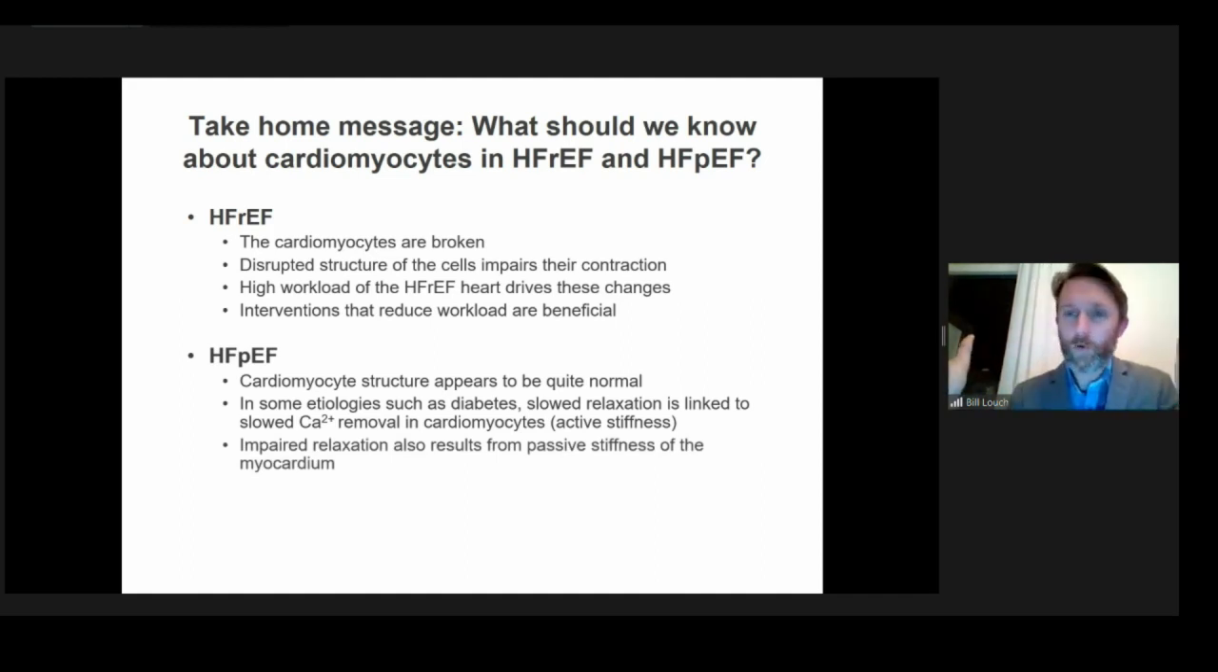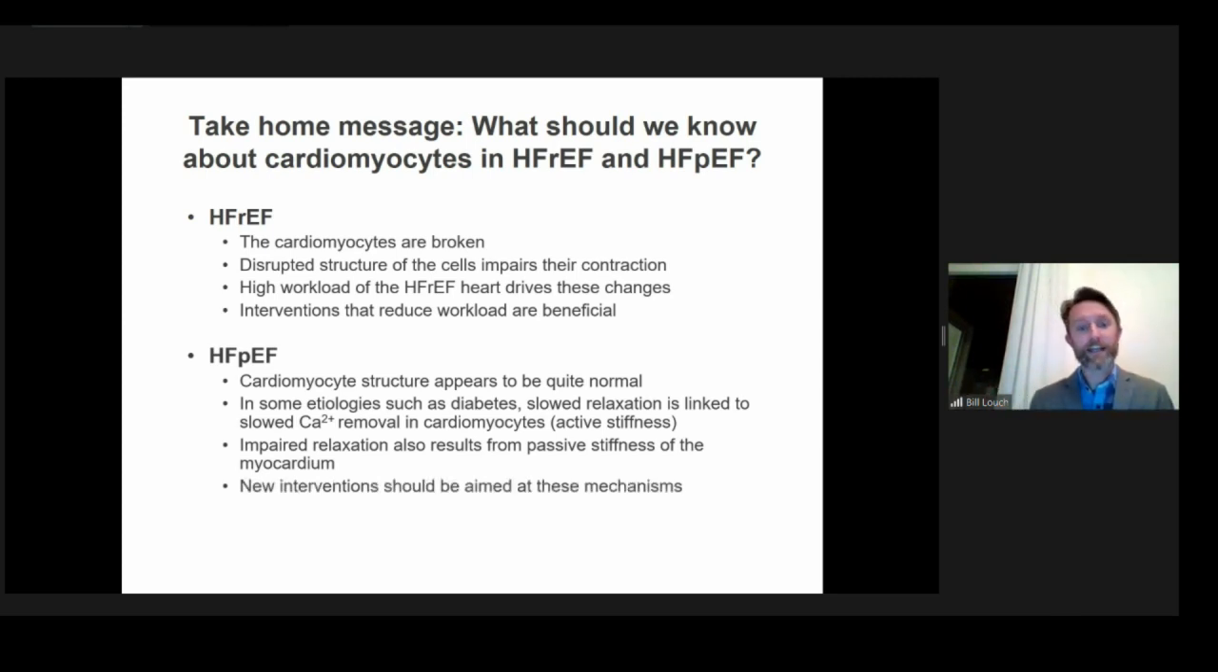Now, you might ask, so why do these other patients have impaired relaxation in this condition? Well, we know that it's not just the cardiomyocytes. There's also what we call passive stiffness, and that's due to changes, for example, in the extracellular matrix that stiffen the ventricle. So depending on the condition, there may be a combination of active and passive mechanisms. It's really important that we figure out these interventions because we're almost completely unable, unfortunately, to treat HFpEF patients at